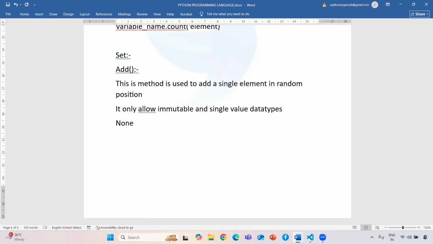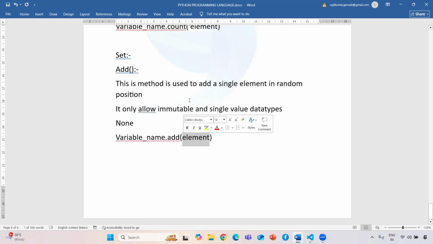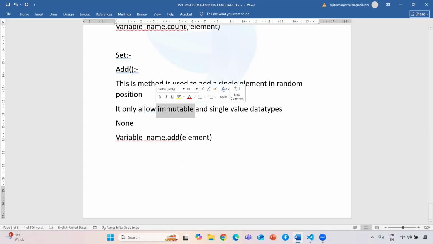If you print that, every time it will print None only. And the syntax will be variable name dot add method. Inside this you need to pass that particular element, but make sure that element must be immutable and single value, meaning at a time it will only take one